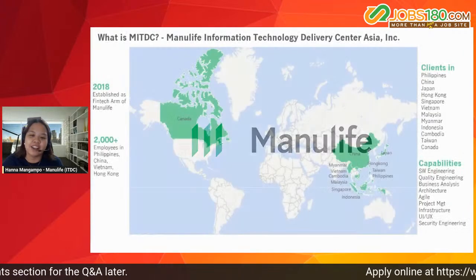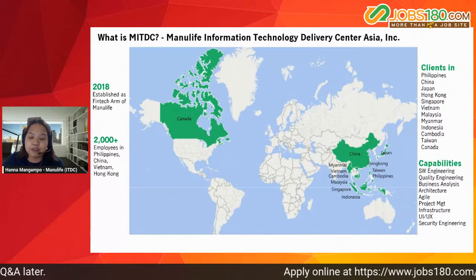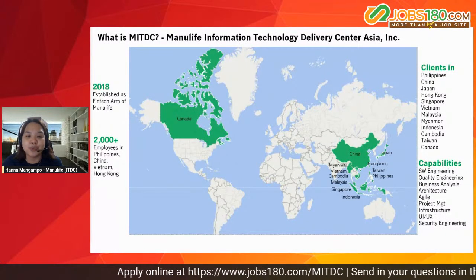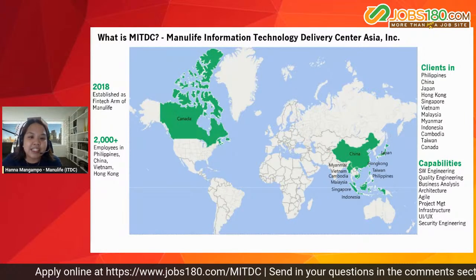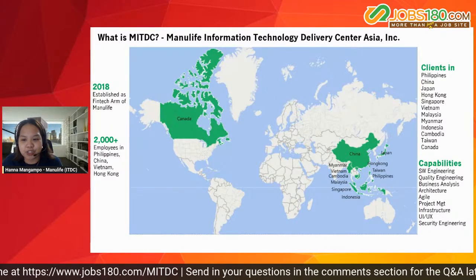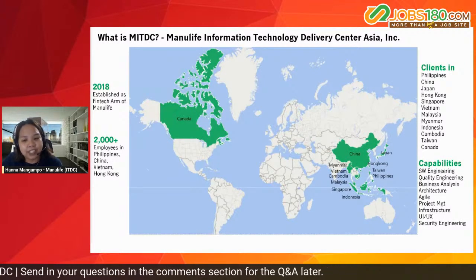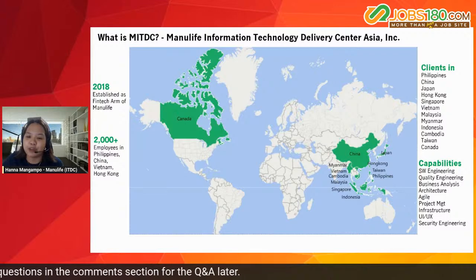and how I started getting into the habit of saving. First, before I dive deeper into the topic, let me do a quick run-through and introduce MITC to you. MITC stands for Manulife Information Technology Delivery Center Asia. We were established back in 2018 as the fintech arm of Manulife to help achieve its ambitions of becoming